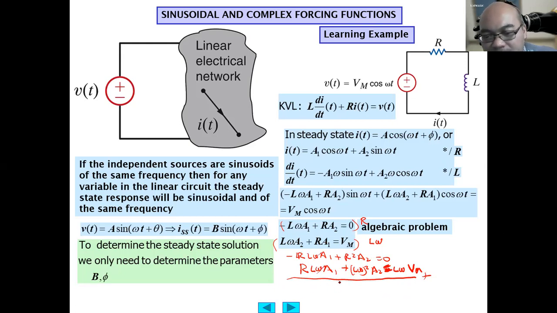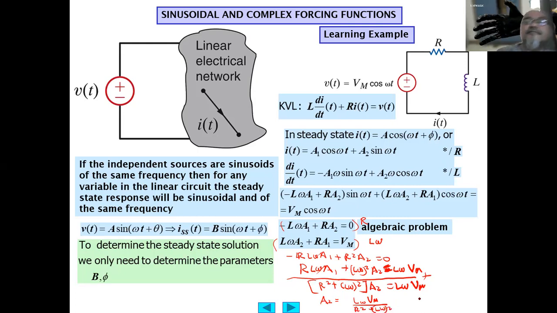Becomes 0. So this equals to R square plus L omega square A2 equals to L omega Vm. So A2 equals to L omega Vm divided by R square plus L omega square. Okay. Similarly, to solve for A1, then